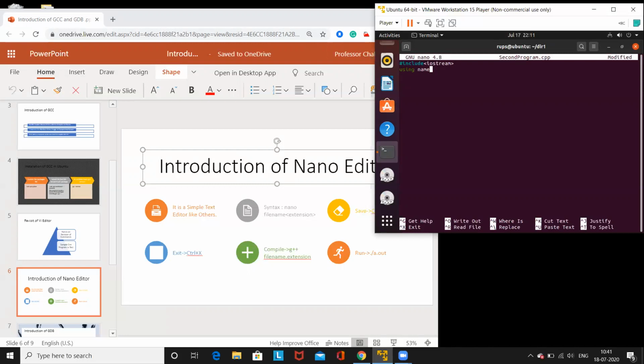Some other definitions of this standard std are in the namespace, so that is why you have to use the namespace as well. Now using namespace, you can see the color is also different. Now int main.